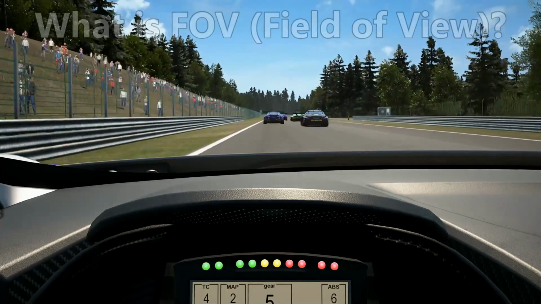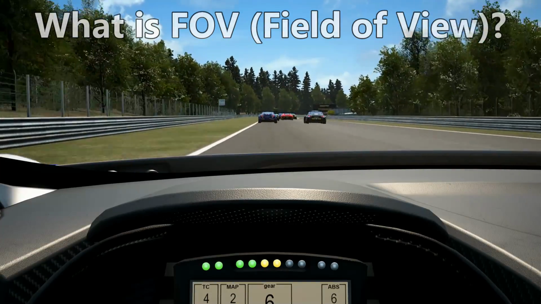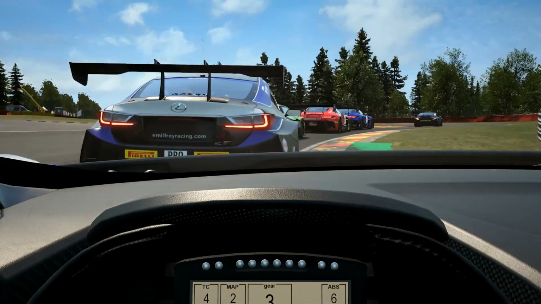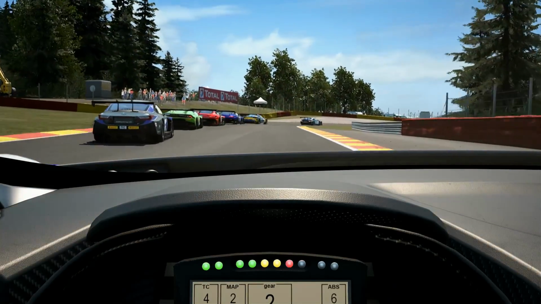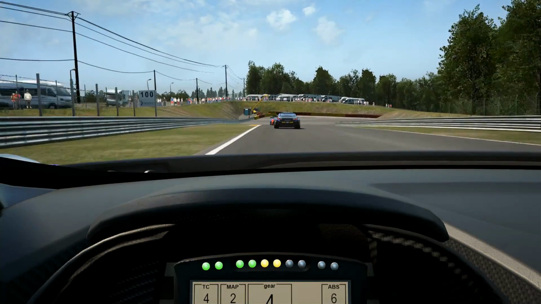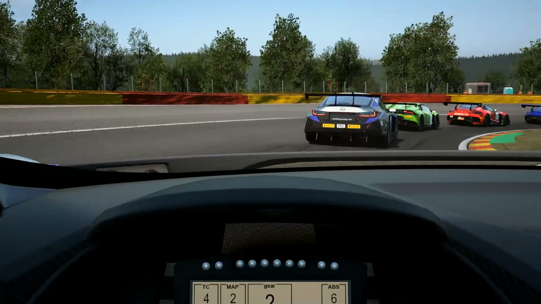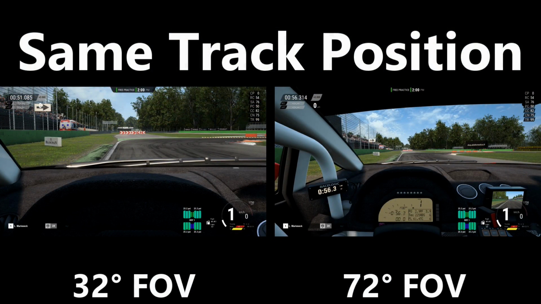What is field of view? Field of view in a game is the first person view. It applies to sim racing and many other types of games. Any game that uses the first person perspective does use a field of view setting, and in sim racing it's typically measured in degrees, and for ACC we use vertical degrees. Some other sims use horizontal degrees, and RaceRoom Racing Experience has its own set of multipliers, but we'll stick to a vertical field of view for now. Basically the higher the number, the more you can see on your screen,